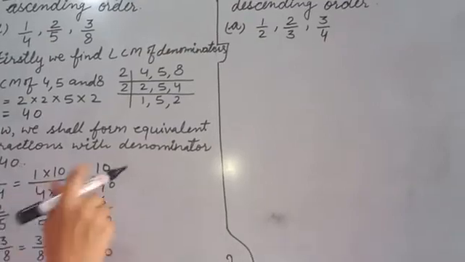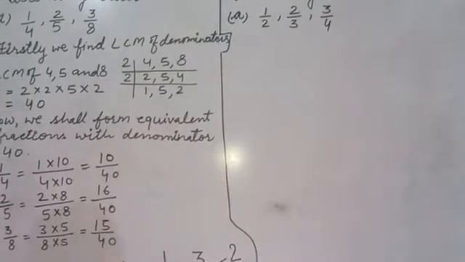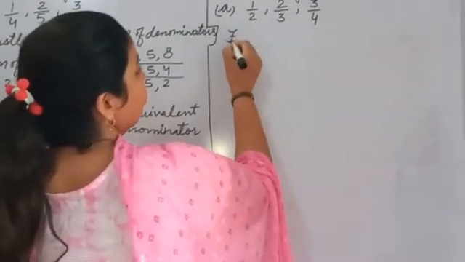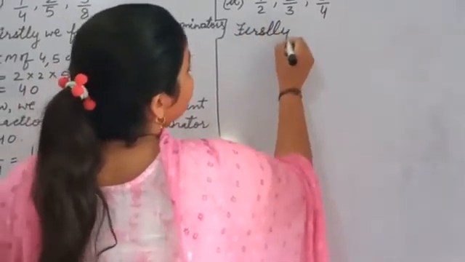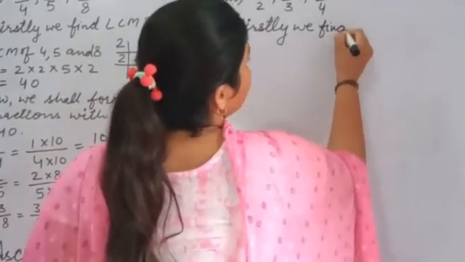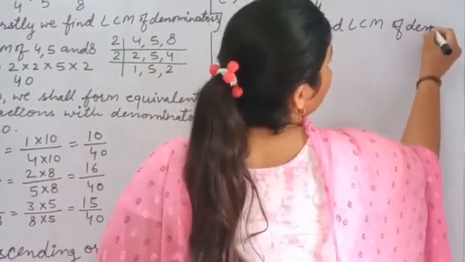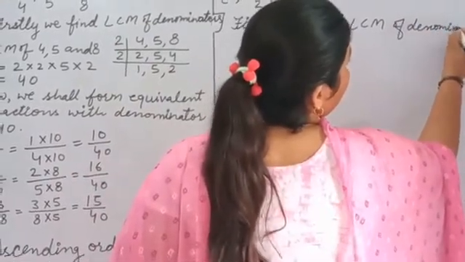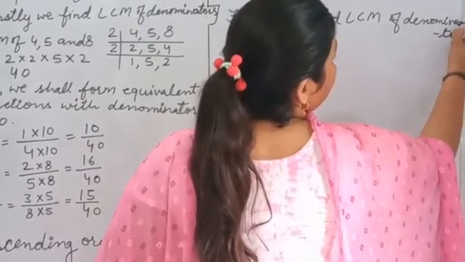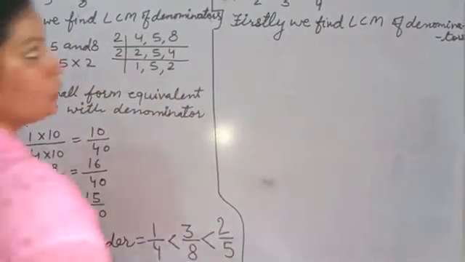Okay, so now question 6, write the fraction in descending order. Now we should write them in descending order. So first of all we should find the LCM of denominators. Okay, first we find LCM of denominators. So we find here